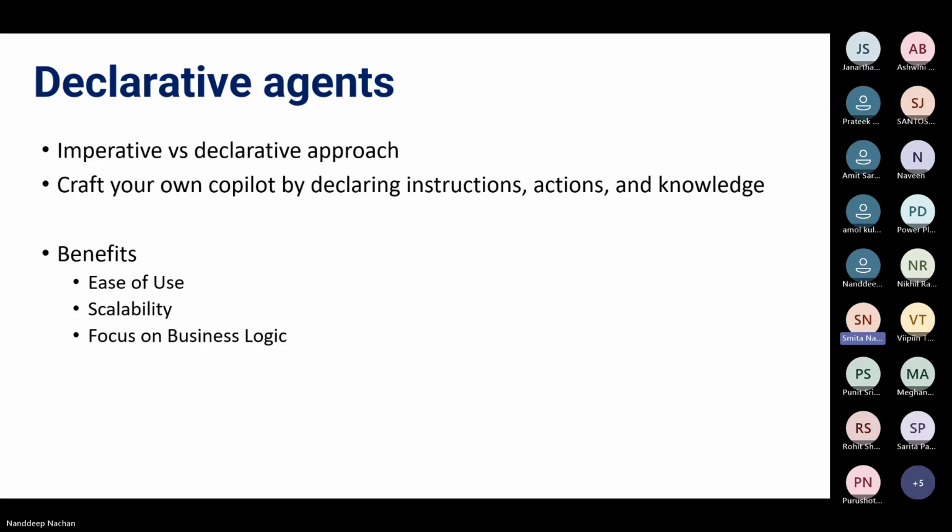So instead of writing complex code or manually handling workflows, declarative agents allow you to craft these AI-driven experiences in a way that is scalable, reusable, as well as easy to manage. Let's say, for example, imagine you're building a help desk assistant inside Microsoft Teams. In an imperative approach, you would manually code every workflow and condition. With the declarative agent, you can define the knowledge base, set the rules, configure the responses,